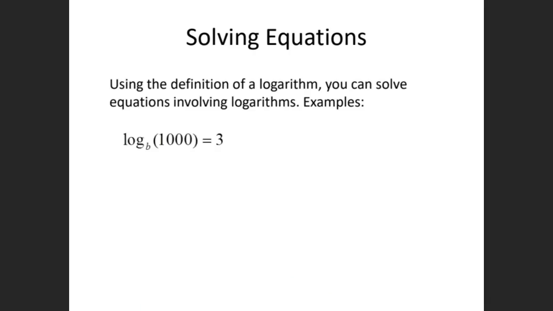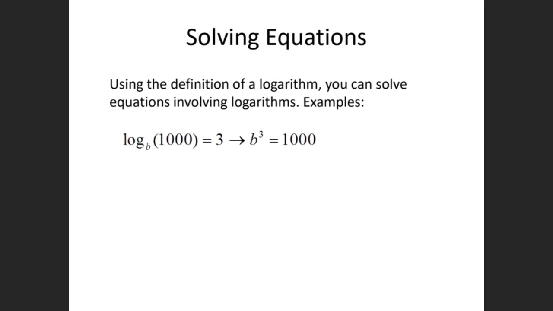All right, so let's go ahead and look at some more examples. Using the definition of logarithms, can you solve the given equation? Let's go ahead and do it. We have log of base b of 1000 is equal to 3. Let's convert it into exponential form. So the base of my exponent should be b. The input of the log becomes the output of the exponent, and the output of the log is the input of the exponent. So b to the 3rd is equal to